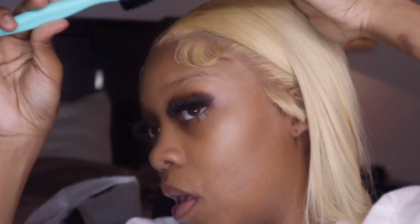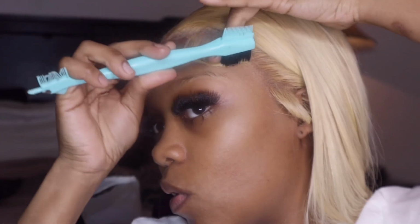Ow! I must have burnt myself because that shit fucking burns. Yeah, I definitely burnt myself with the fucking hot comb. Anyway, so take that and we just want to